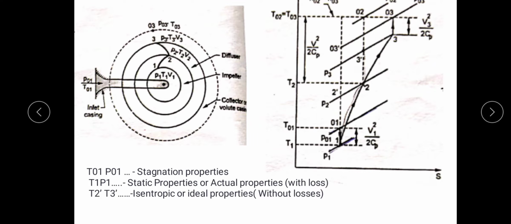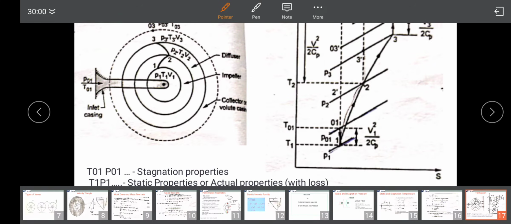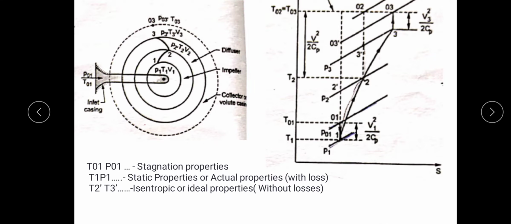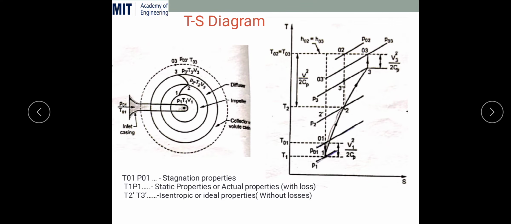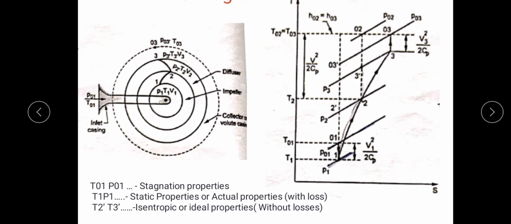Only then can air enter the impeller, because we can see the P1 T1 condition at the inlet of the impeller. P01 to 1 is from the outside, that is ambient condition, to the inlet of the impeller condition. This process shows that part. But 01 to 1 in this diagram is shown as a vertical line, meaning constant entropy and no loss, because in this suction pipe we are not imparting any energy, so friction losses are assumed to be negligible. That's why the entropy is also constant. So we show the 01 to 1 line as a straight line.